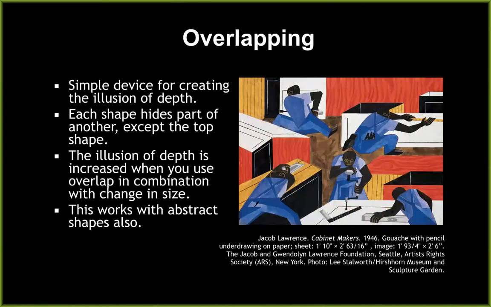Another technique for establishing space, or the illusion of space, is overlapping. It's another very simple one. Each shape hides part of another shape, and it can be used with objects of the same size as we see here. So there's overlapping going on, which does get a sense of depth. But if you combine it with size, things getting smaller as they get farther away, it becomes even more